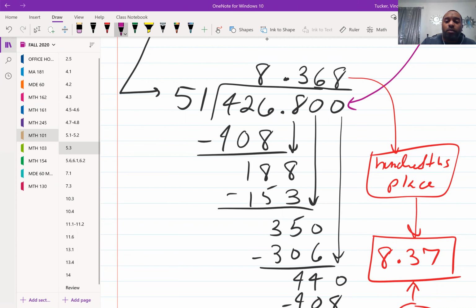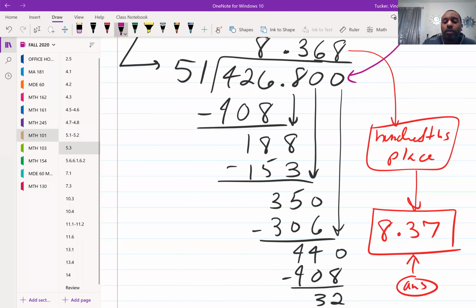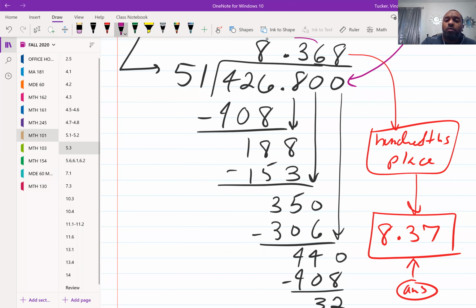Then bring down 0. So we're looking at 51 going into 350. And that happens 6 times. 6 times 51 is 306. Subtract those two numbers, 350 and 306. Get 44. That last 0, bring it down, that's 440. And 51 goes into 440 8 times, which gives us 408. Subtract those, that's 32. But we got our answer right here, which is